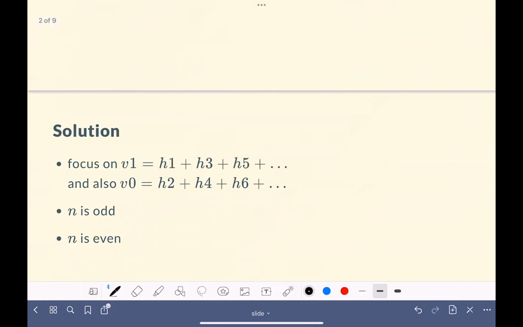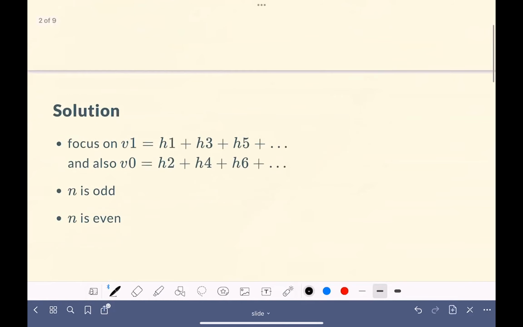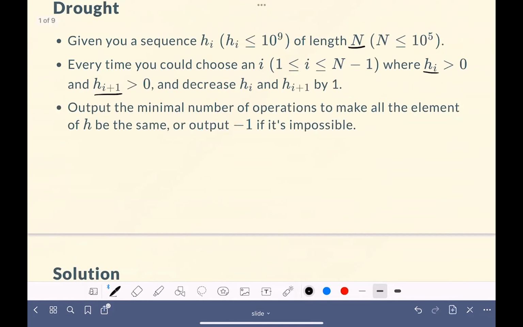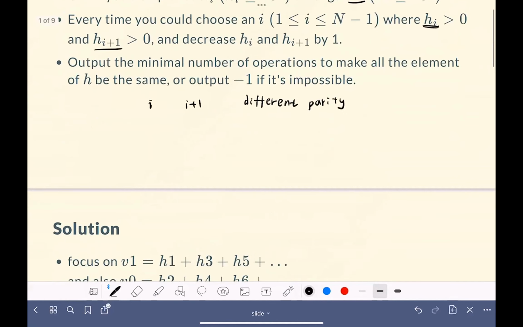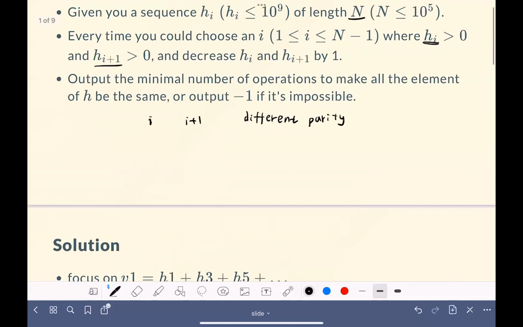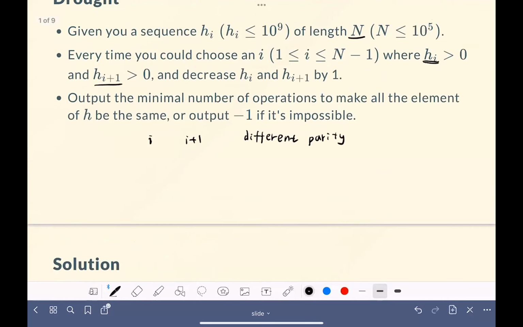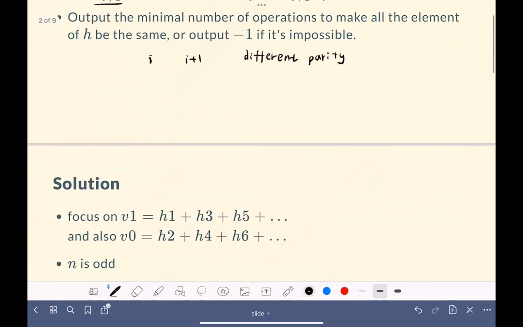And now let's come to the solution. First, let's take a look at the operation. Let's first do some analysis on it. We found that i and i plus 1 always have different parity. So every time we decrease h_i and h_{i+1} by 1,